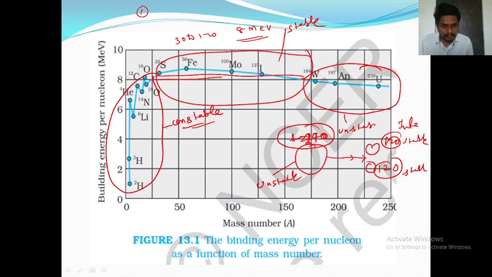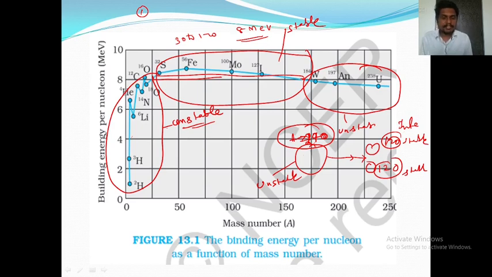Here the heavier nuclei are unstable and they have a tendency to disintegrate, to split into lighter nuclei. This process is known as the nuclear fission process. The heavier nuclei undergo nuclear fission. What about the lighter nuclei? Lighter nuclei combine, or fuse, into heavier nuclei, nothing but intermediate nuclei, so they will get stability.